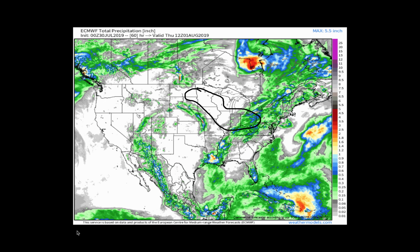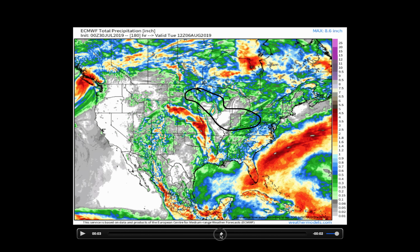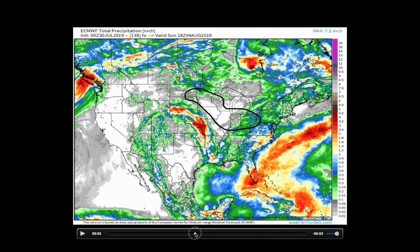If we go ahead and pause this, we'll bring it back out, stopping it before next week's potential frontal boundary makes its way through. And so total precipitation through Sunday, so all the way through the rest of this week into the weekend, this corridor right here remaining very dry. Now remember, this stuff you're seeing right here, that all falls here Tuesday and Wednesday. So from the Dakotas into Minnesota, Wisconsin, Iowa, Illinois, Indiana, Ohio, a chunk of Missouri, quite dry over the next